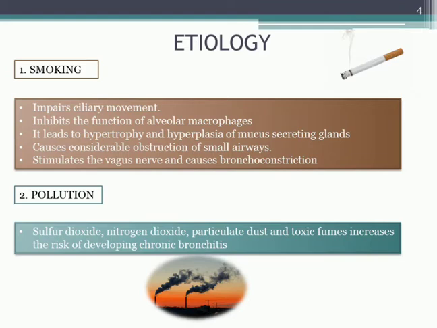Smoking, as we all know, cigarette smoke contains so many chemicals, both inorganic chemicals and tar, etc. These actually cause damage to the lungs. The important damage imparted by smoking, the first one, is that it impairs ciliary movement. As we all know, cilia are a protective factor in the lungs, which help in trapping, expelling or eliminating the particles, microorganisms or dust particles out of the lungs.